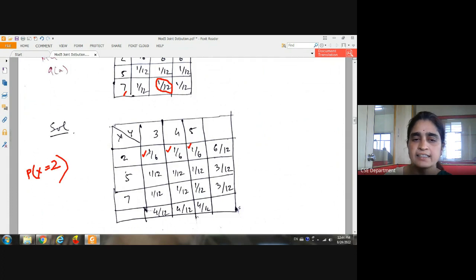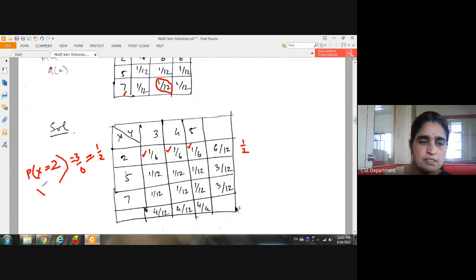You will add these 3 probabilities. So 1 by 6 plus 1 by 6 plus 1 by 6, which is equal to 3 by 6, which is equal to 1 by 2. This is the probability x equal to 2. So I can even write it here, 1 by 2. The sum of these 3 I've written here, 6 by 12, which is 1 by 2. Okay,